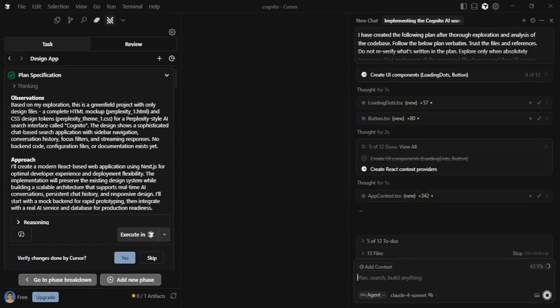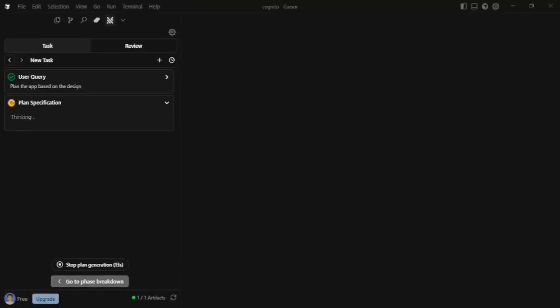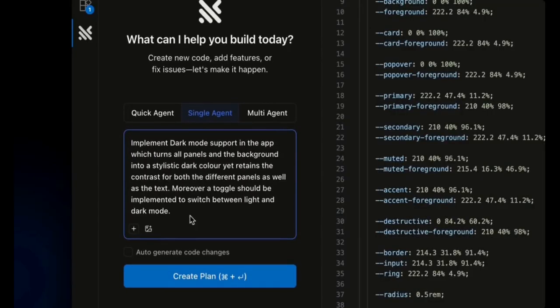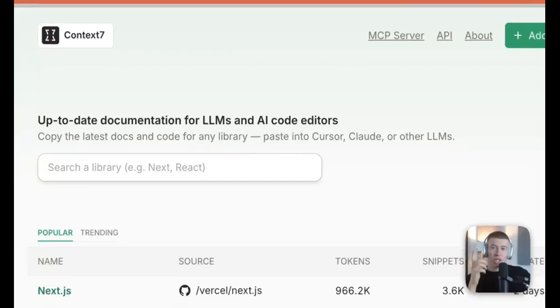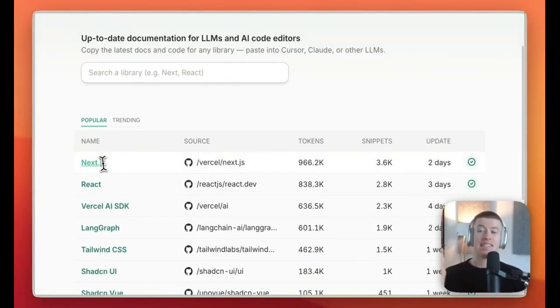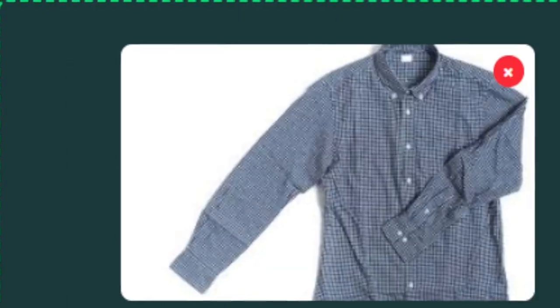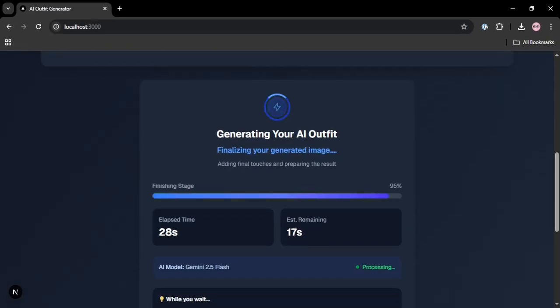We have all heard of vibe coding, but have you ever heard of vibe planning? Today, I'm going to show you how to vibe plan like a pro using Traycer, an IDE extension that lets you plan and implement code changes, and Context 7, an MCP server that feeds up-to-date documentation to your coding agent. We will build an AI outfit generator that lets you try clothes on virtually by just uploading your personal picture